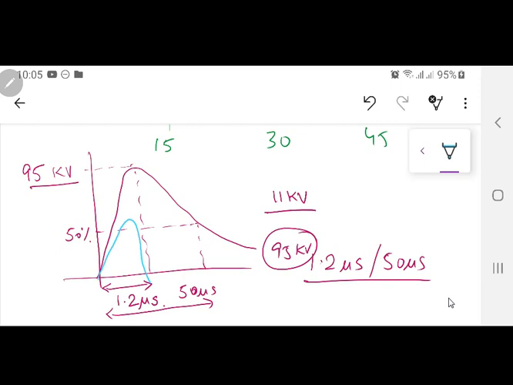Now, we are designers of transformers. How can a transformer withstand 95 kV if you are designing it at 11 kV? This is the biggest question here. Now this time is very small, which is 1.2 microseconds, or it can be 1.5 in some standards also. So this time is very small. The only way to make the winding withstand a 95 kV impulse is that the winding has a very large capacitance, which is the input capacitance.